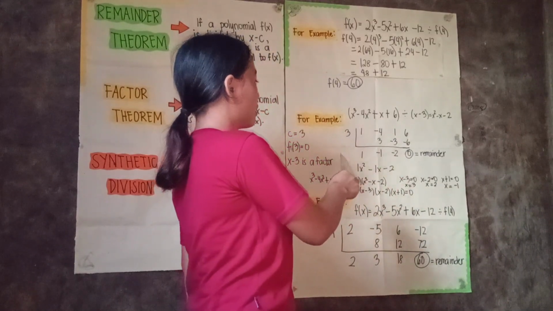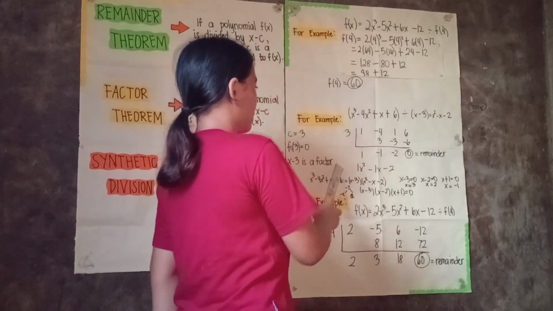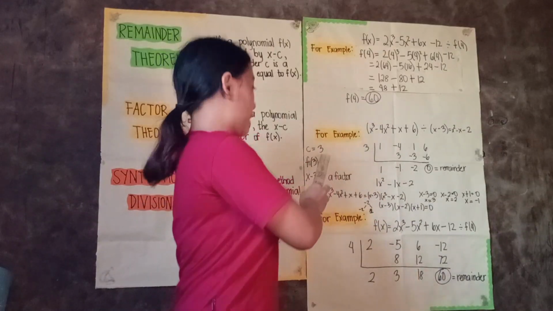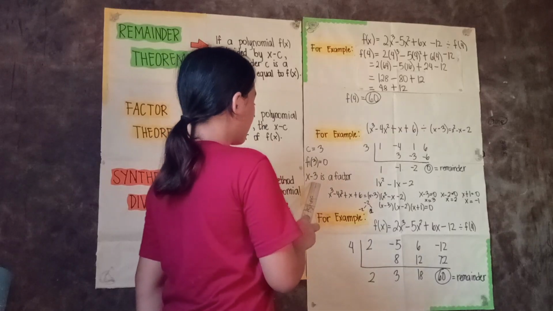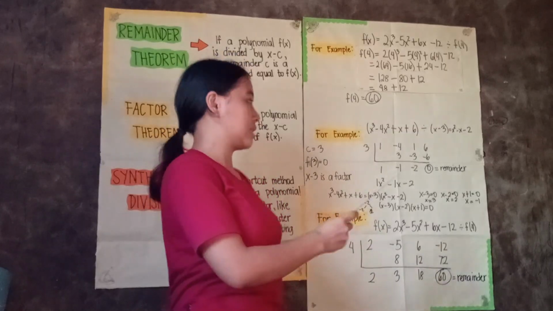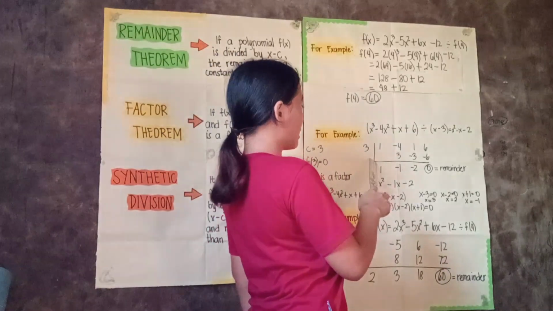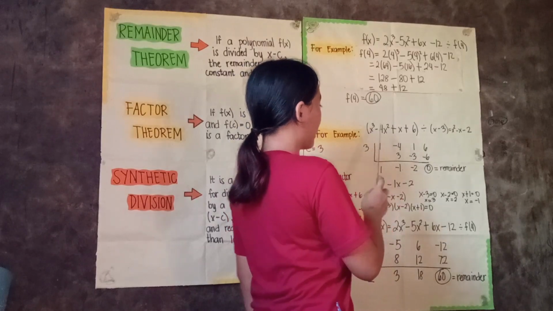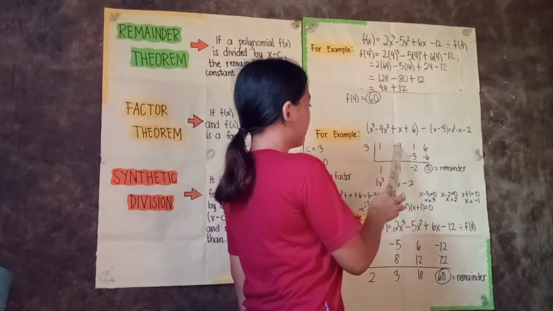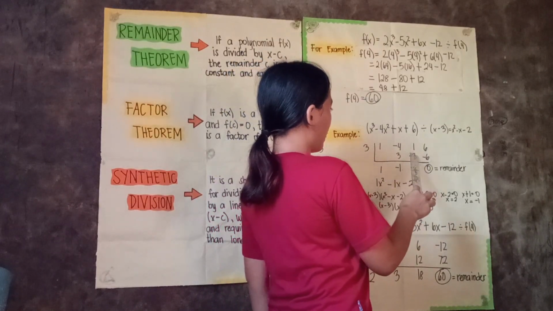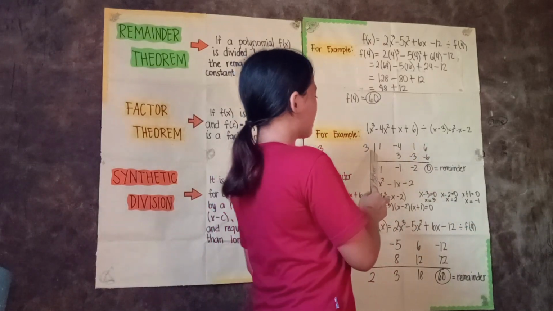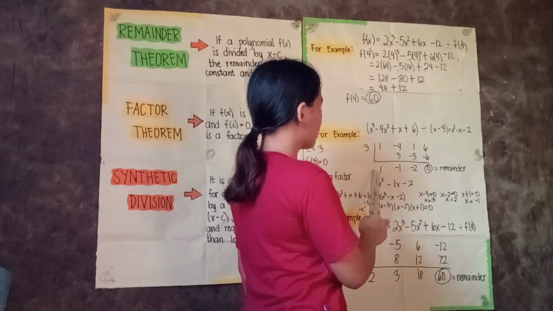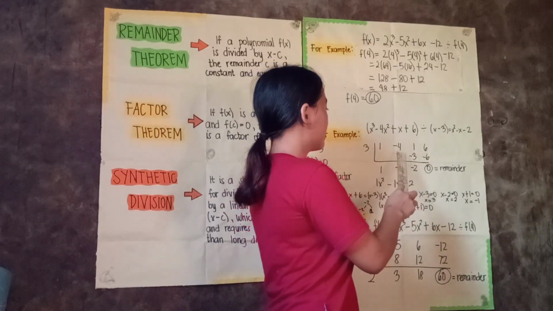We will be using synthetic division. Our c is equal to 3, then if f of 3 is equal to 0, then x minus 3 is a factor. So we will check this. Our x is 3, then 1 for the x cubed, then negative 4, and 1 here, and positive 6. So we will bring down the 1 here, then 1 times 3 is equal to 3, then negative